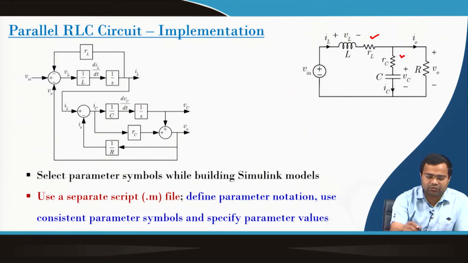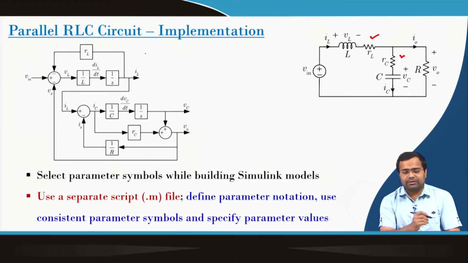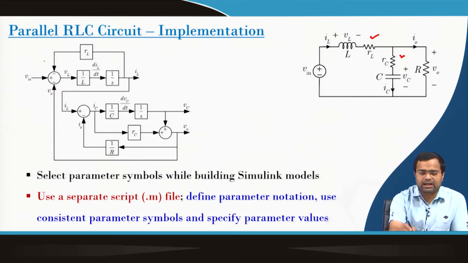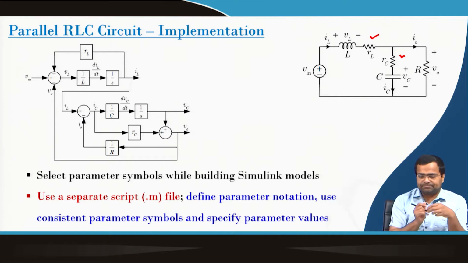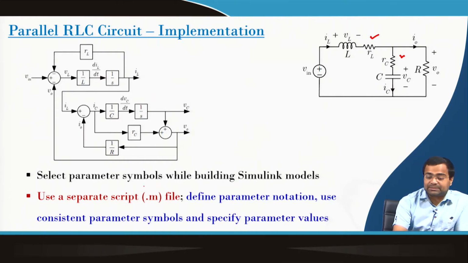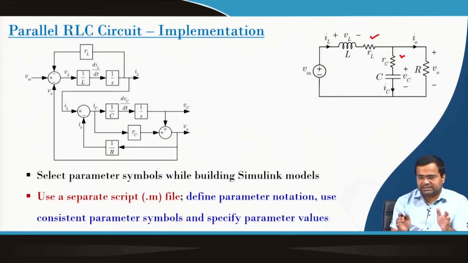And we already know from our lecture number 4 that this building block diagram was actually realized from this parallel RLC circuit. And now, the steps are common in order to build the block, the procedure. That means we have to select the parameter symbols and put those symbols into the .m script file. We have to also assign some values to these parameters, and the same parameters should be used in